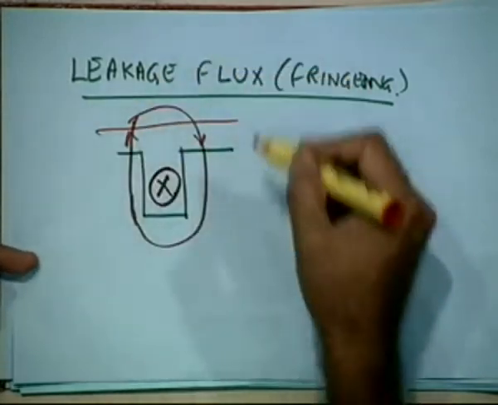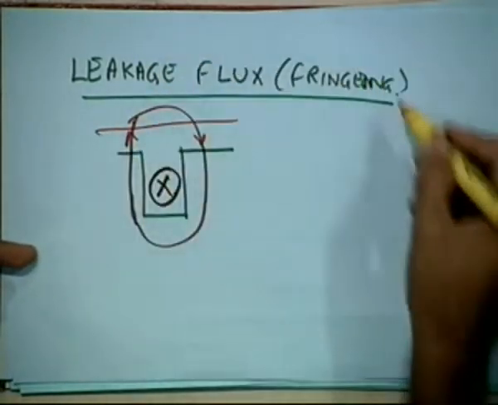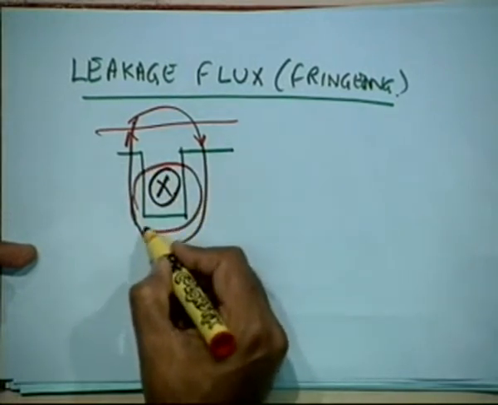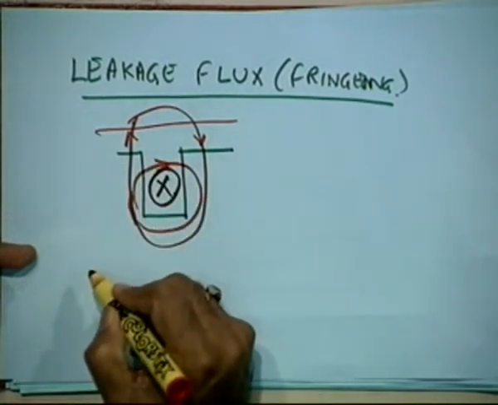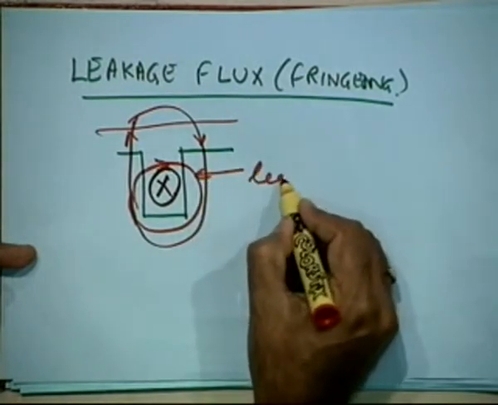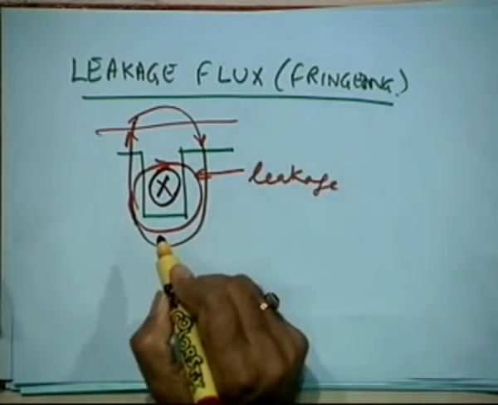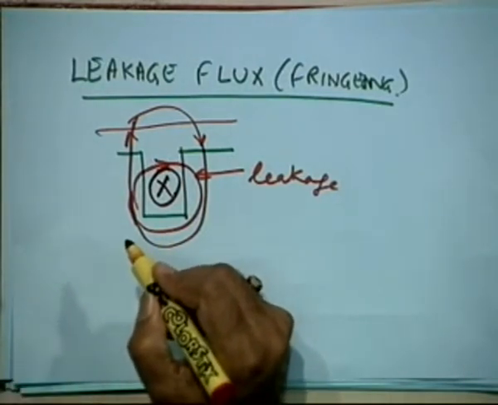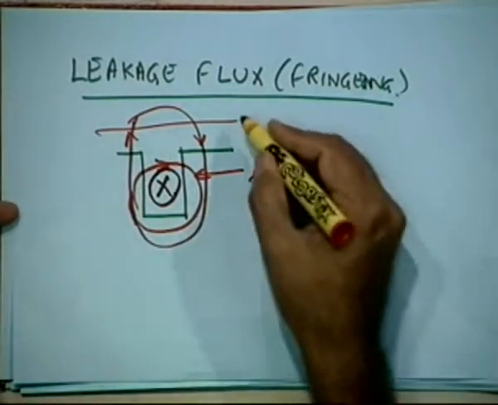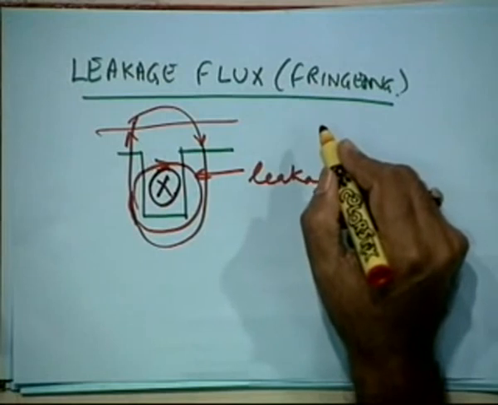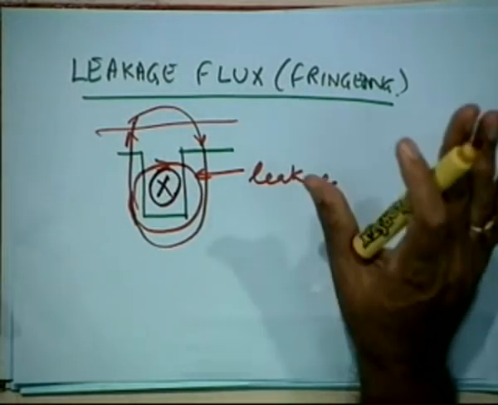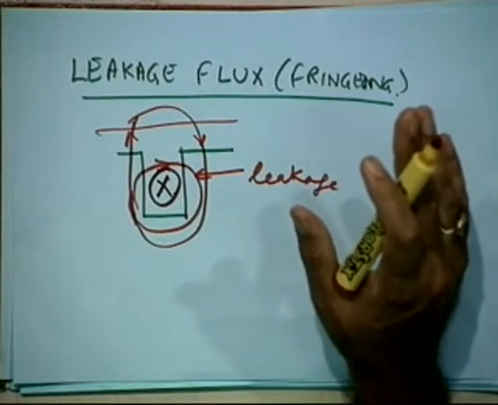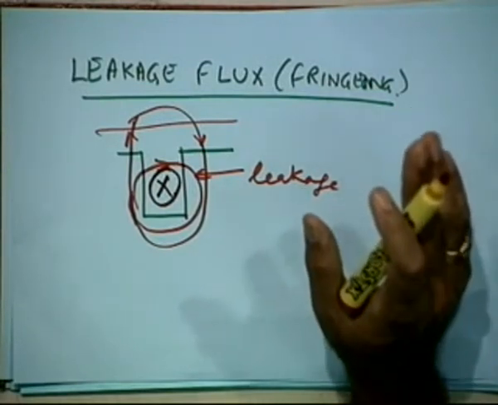right? That was our normal assumption, but it doesn't happen, because there will be some flux lines which will not go into the other member at all, isn't it? So these are called leakage fluxes. The flux which only links that member. In a stator, only stator leakage will be there, rotor leakage will be there. So there is what is known as leakage flux, which is different from the mutual flux. When we discussed air gap members, we only talked about mutual flux, that crosses radially in the air gap from stator to rotor, right.